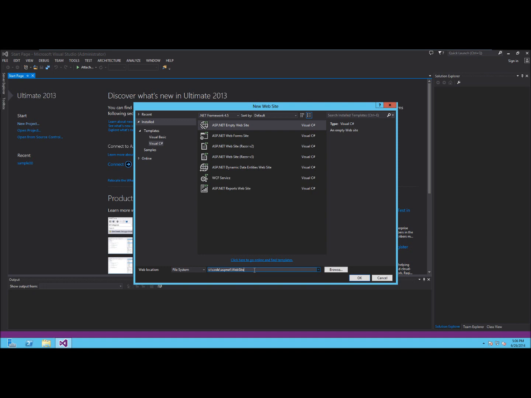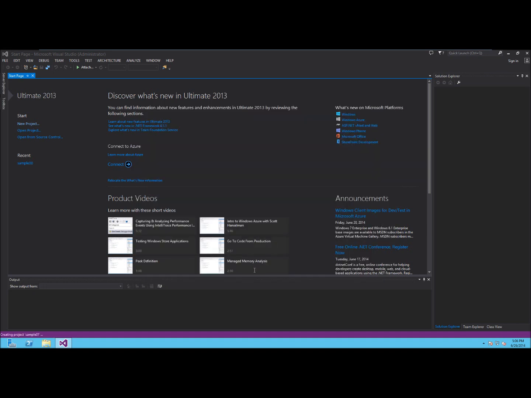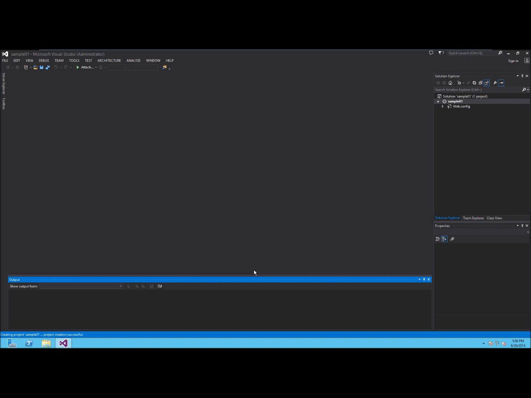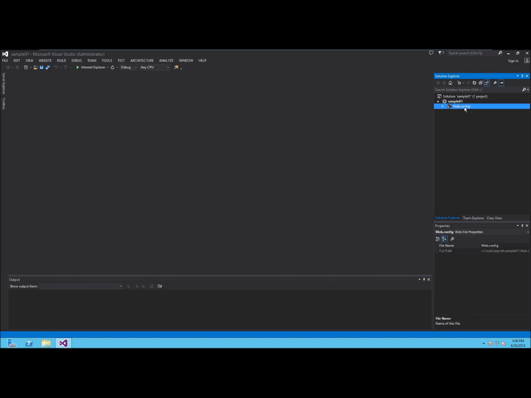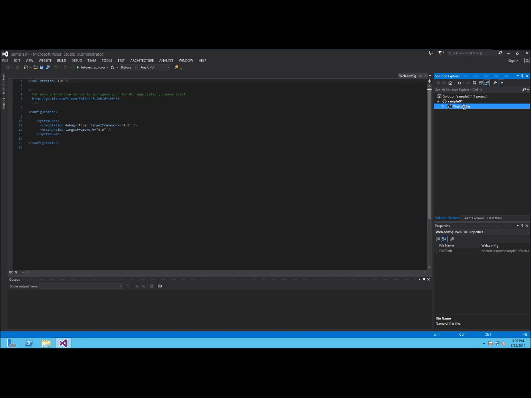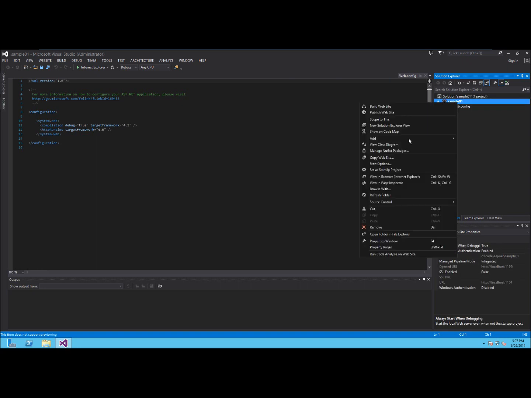and I'm going to call the site Sample01 for lack of a better word, and it's going to create an empty website for me. That's going to have nothing more than a web config associated with it. If you look on the right-hand corner in the solutions area, I can see my web.config file that is open for me. Okay. What I'm going to do is on my Sample1 project, I'm going to add